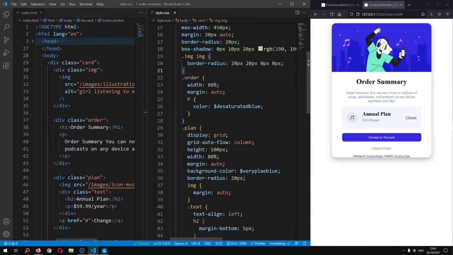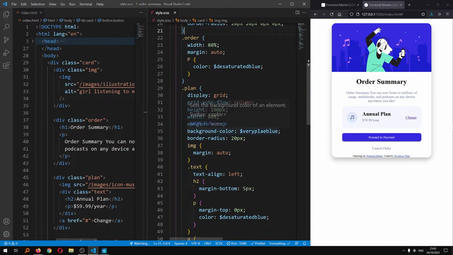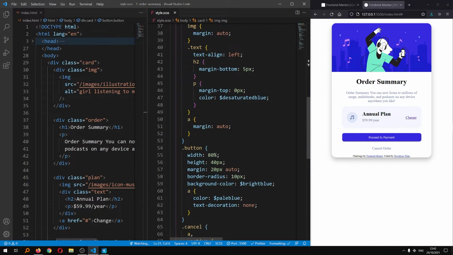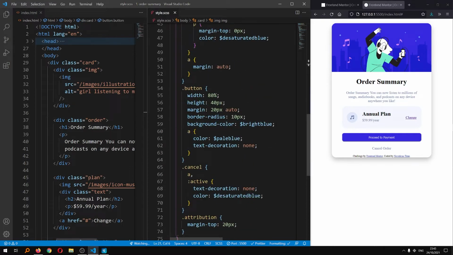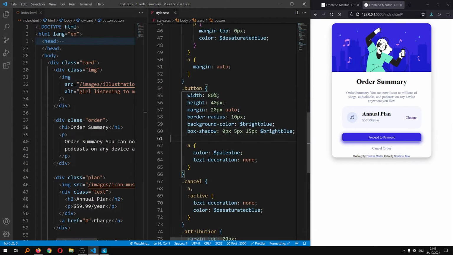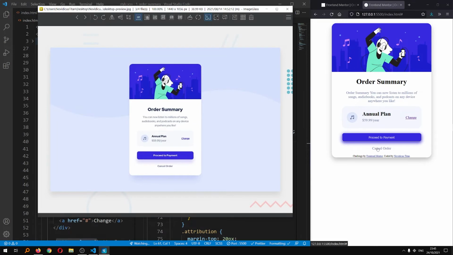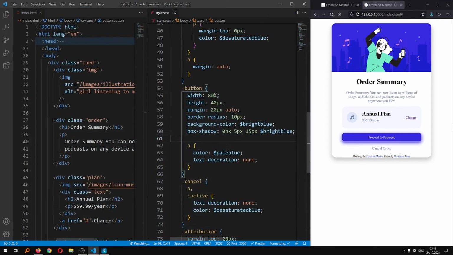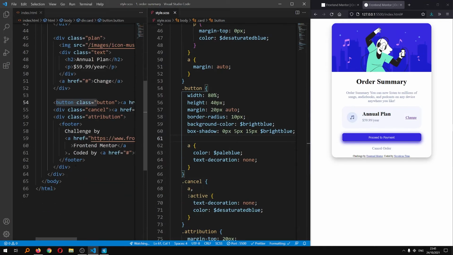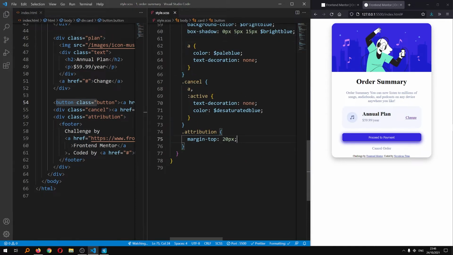And now we're going to do a shadow on the button. Okay, so we've done the box shadow. I've done the cancel order. We've done the footer. Should the footer be in the card or not? Difficult to say. If we block this out,